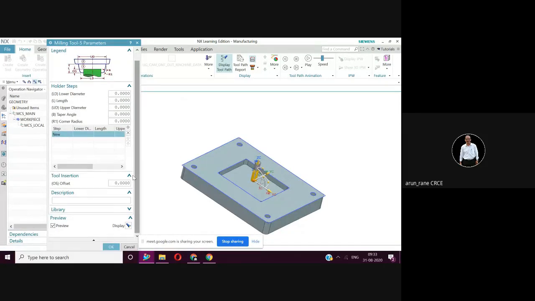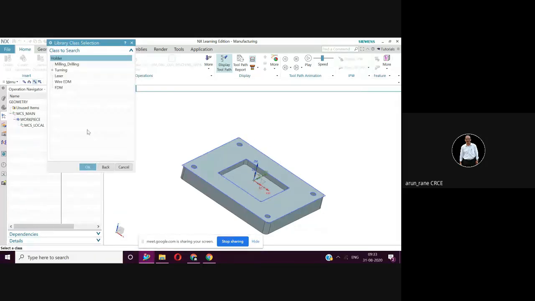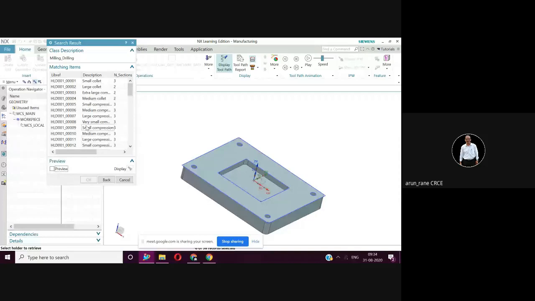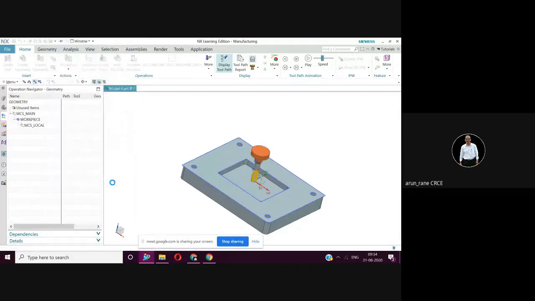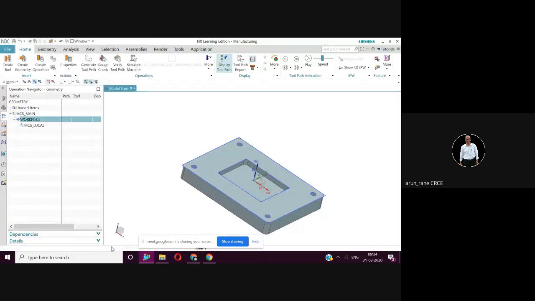Retrieve the holder from the library, select milling drilling, say okay. Again you have 58 matches. So this is 20, so you can go for small compression holder, say okay. You have a holder here, and say okay.